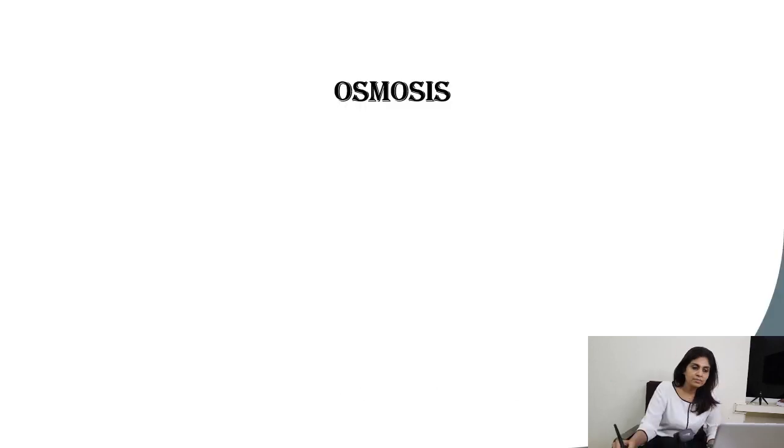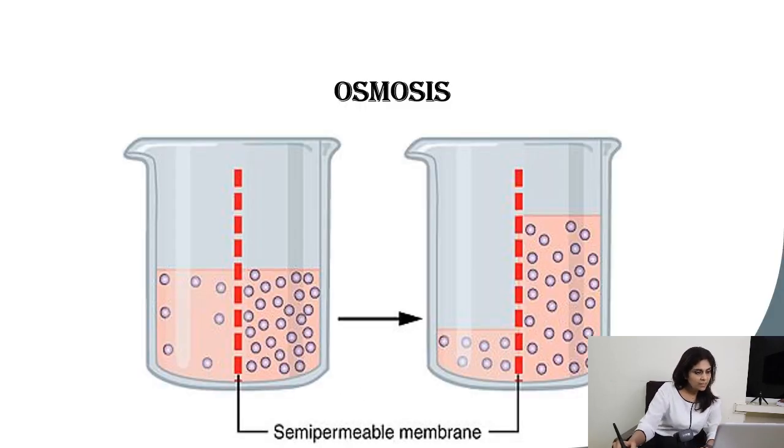Have a look at this picture. In this picture, the red color membrane is the semi-permeable membrane, and it separates two solutions. And as you can see here, one of the two solutions has got more number of impermeable solutes. So if this solution has got less number of impermeable solute, it means the effective solvent concentration here is more. So solvent starts moving from the solution of lower impermeable solute concentration to a solution of higher impermeable solute concentration, raising the level of fluid on the side with higher impermeable solute concentration.